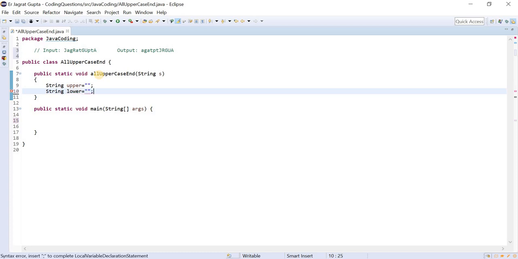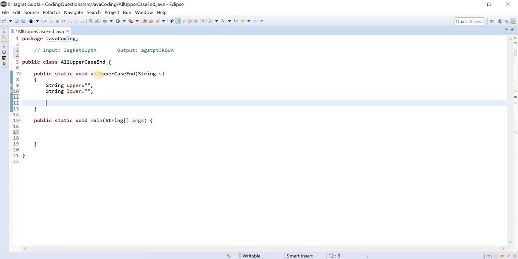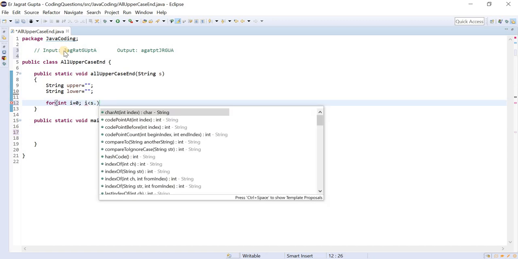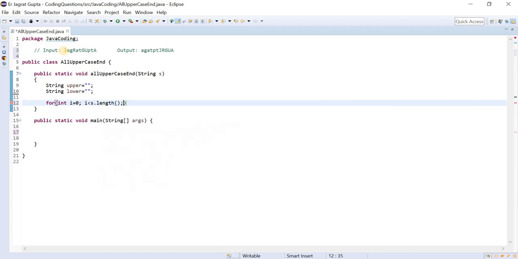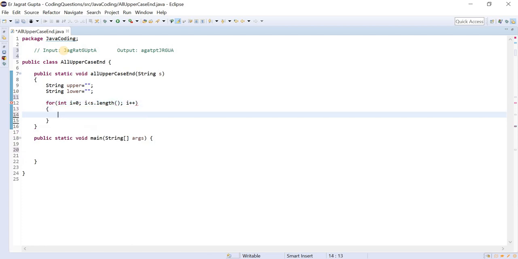So this is our first step. Now we need to traverse this particular string, so of course we need to apply the for loop: int i = 0, i less than s.length, and i++. With the help of this we can traverse our whole string.